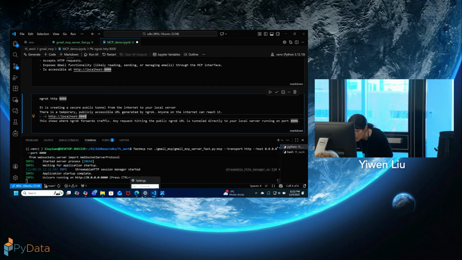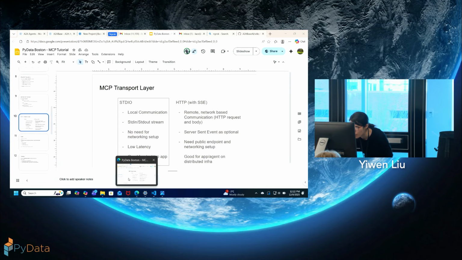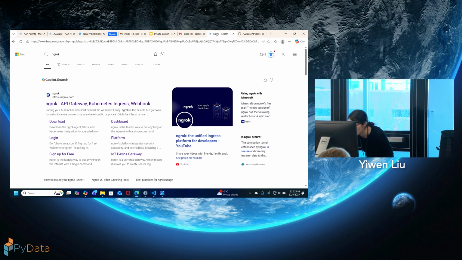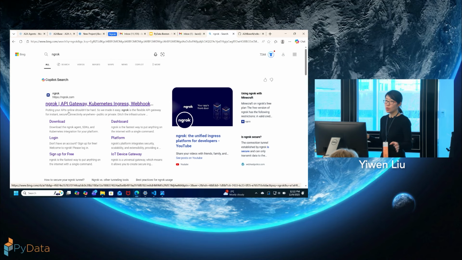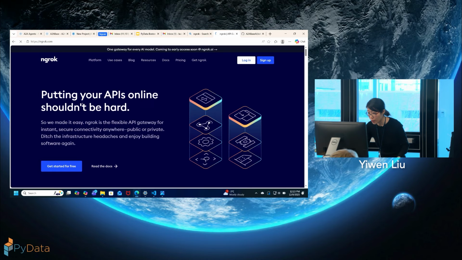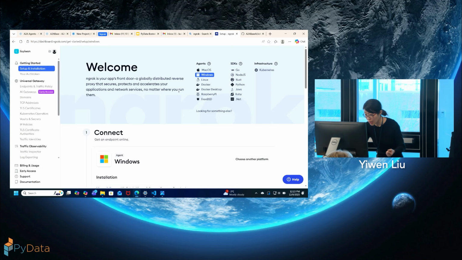What I'm using is a platform called ngrok. It helps you put your APIs online. This is a very simple way to do it. You don't need to worry about your machine IP, or conquer challenges in your firewall to make the API public. So this is a very good option. I was hoping that if we had time, you could follow this, but it's okay. All you need to do is sign up for an account. I already signed up.